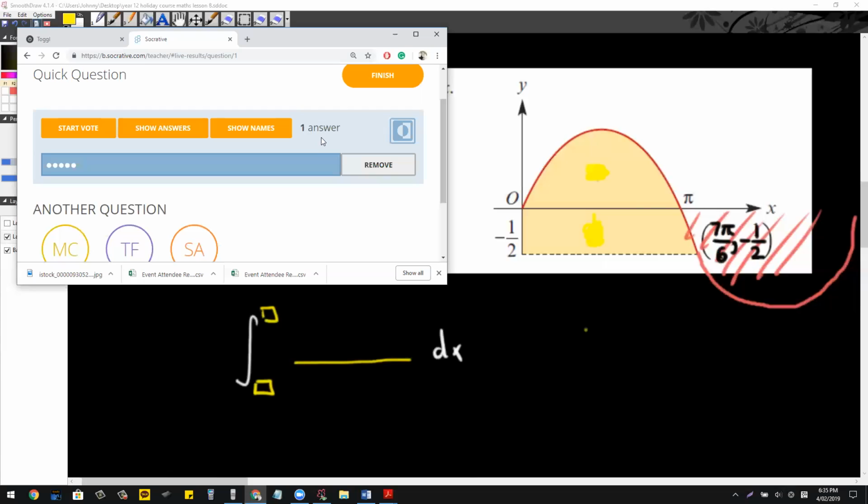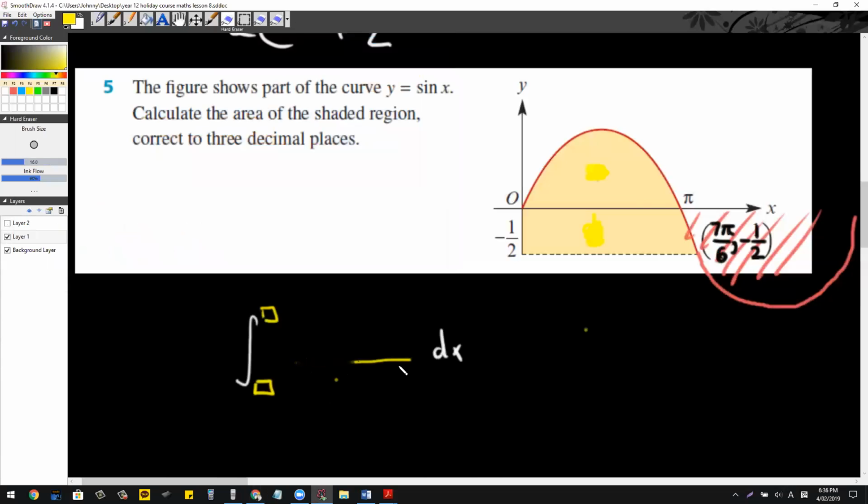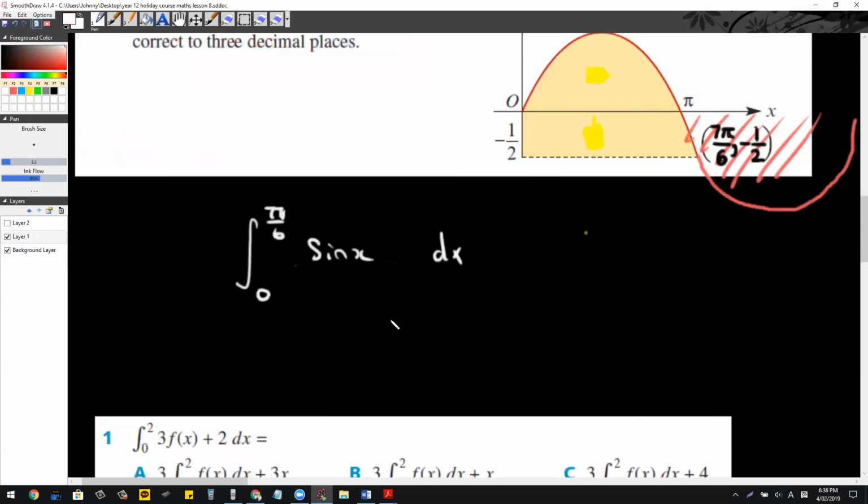I'll just reveal answers, okay? For me, I think that's not right. So here's the thing. If I integrate the sine of x from 0 to 7 pi over 6, then what I'm doing is,